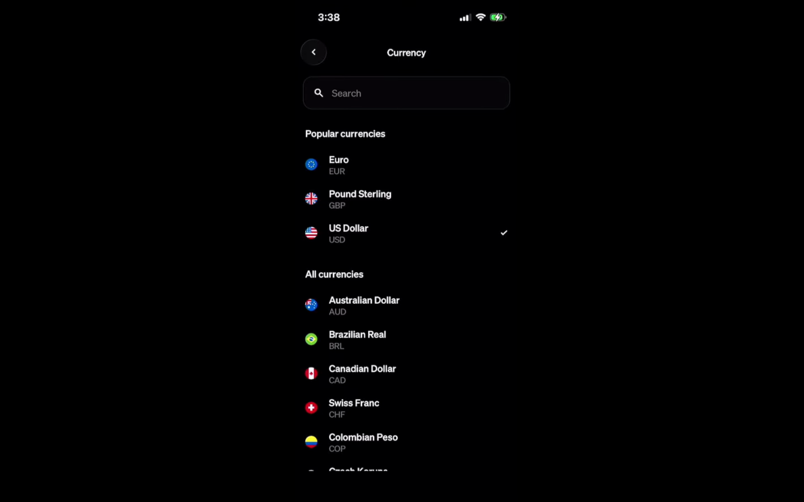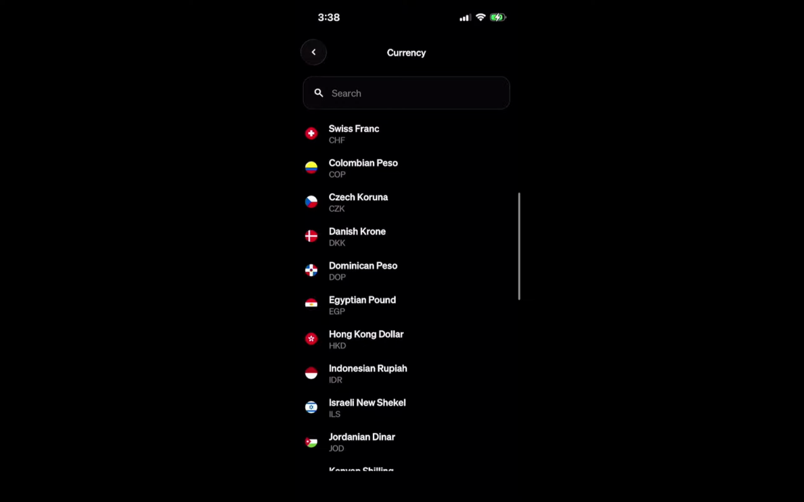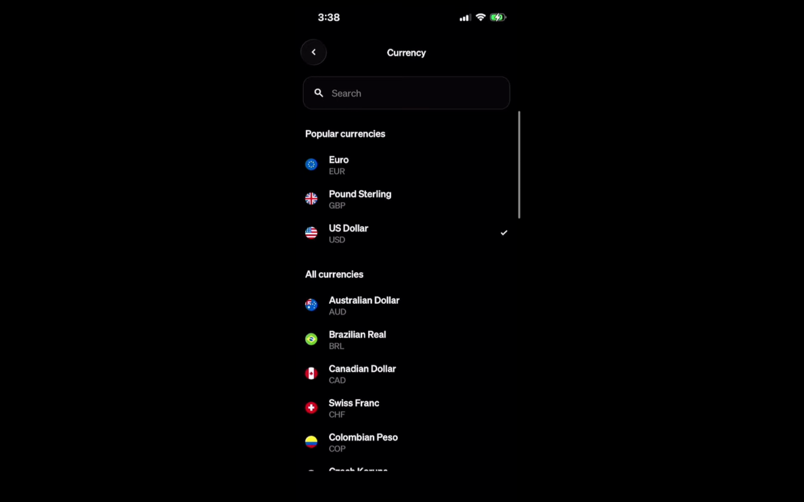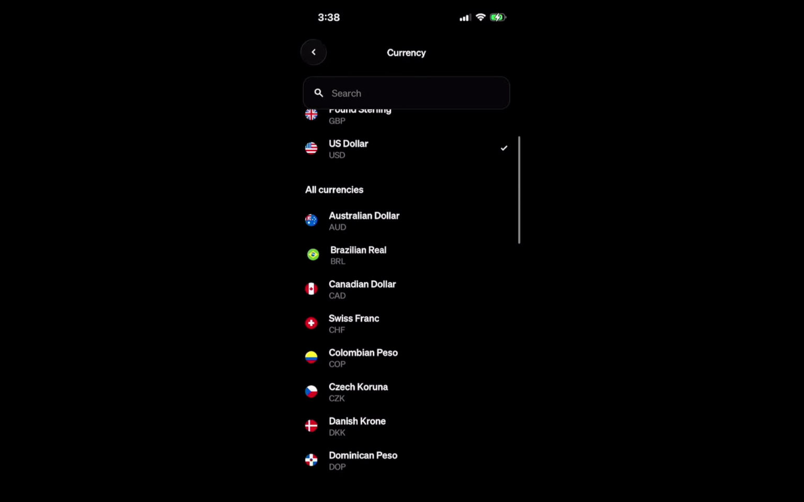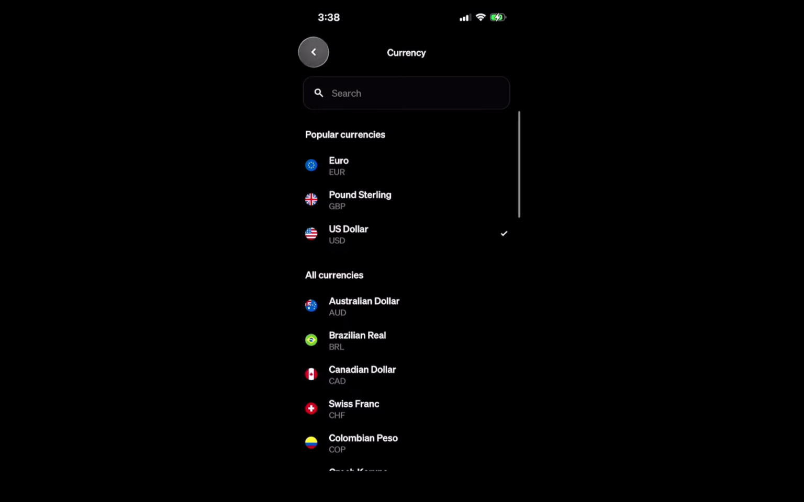In today's video, I'm going to teach you how to change currency on MoonPay. If you prefer seeing your balances and crypto prices in a currency that makes sense for you, like USD, EUR, or GBP, MoonPay lets you set a default display currency right in the mobile app. This setting doesn't change how or where you pay. It simply controls how numbers are shown across the app, so your activity and balances are easier to read at